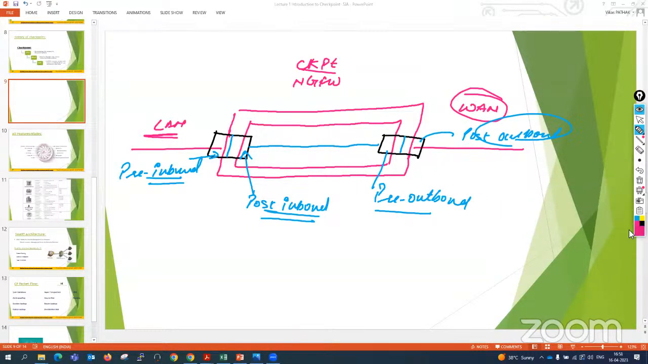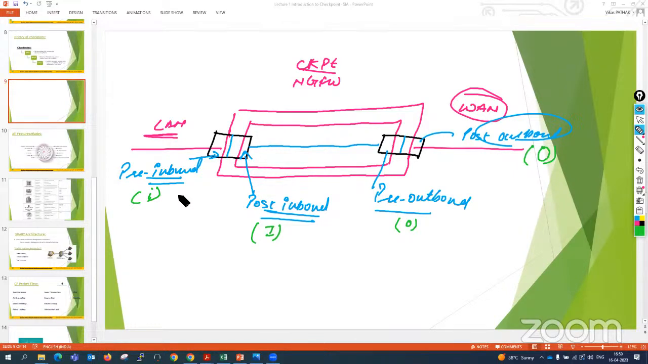Let me pick a different color. Green, yeah. So now, this pre-inbound is called what? Small i. This post-inbound is called what? Capital I. This pre-outbound is called what? Small o. And this post-outbound is called what? Capital O. Right? So this concept, this division of the LAN, or you can say bifurcation of LAN, will play a very, very crucial role